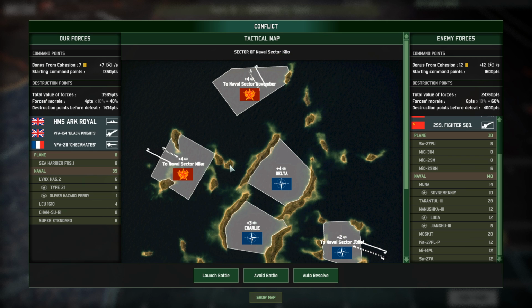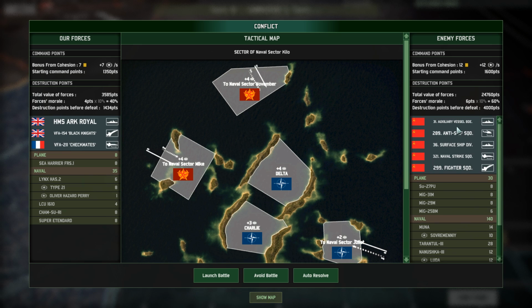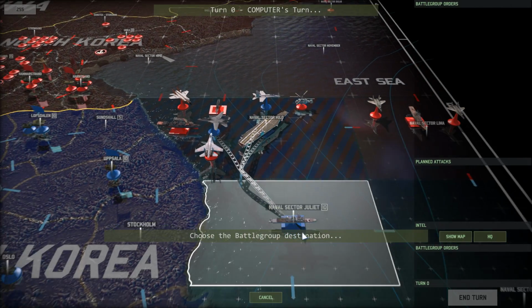Interestingly, normally you just have, I believe, the launch battle button. I can avoid the battle if I want to. You may avoid the fight and withdraw to an adjacent friendly sector. This is not going to cost me any morale, it's not going to cost me any cohesion. I don't think that I'll be able to spread out these surface ship units, but I might be able to bring in some reinforcements of my own, especially if I have 250 starting points. So, as opposed to what happens normally in the Second Korean War, I'm going to avoid this battle and fall